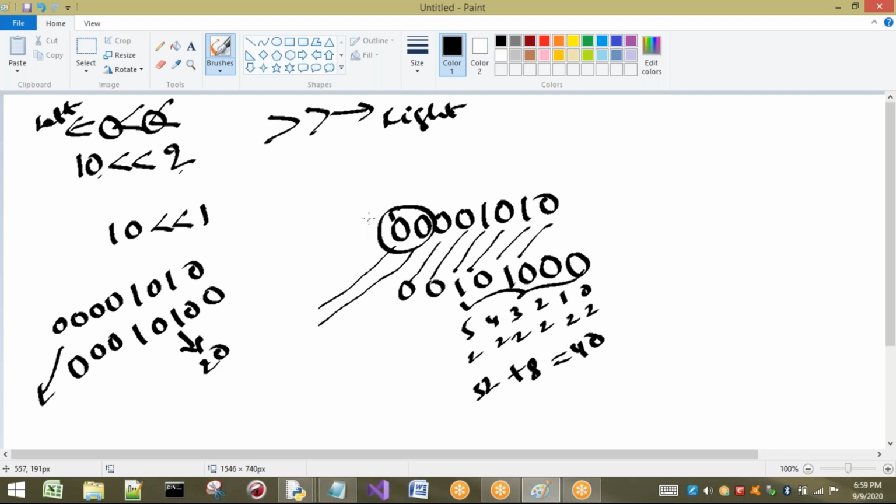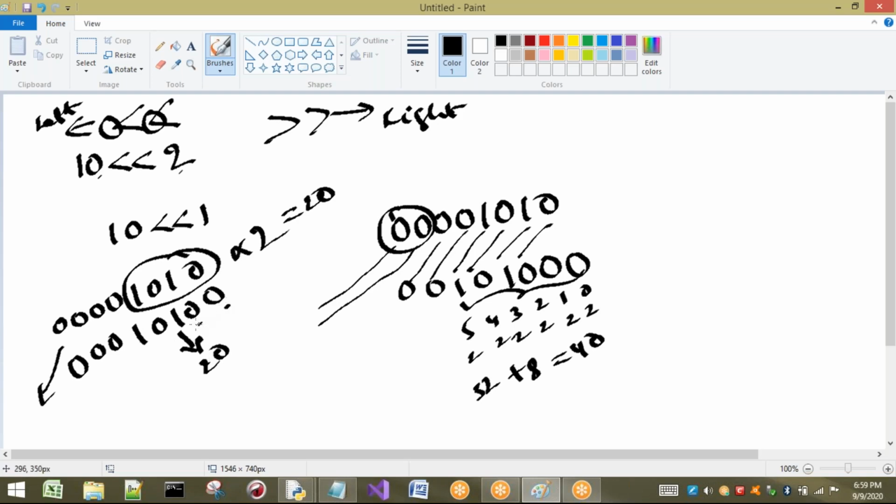The reason is, listen carefully, whenever we shift one value one shift to the left side, whatever value we are considering will be multiplied by 2. So if we make one shift, it will be multiplied by 2. So the answer is 20. Let us see whether it is 20 or not. So here it is what?